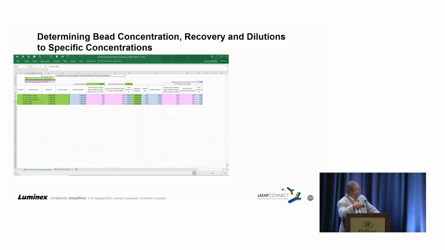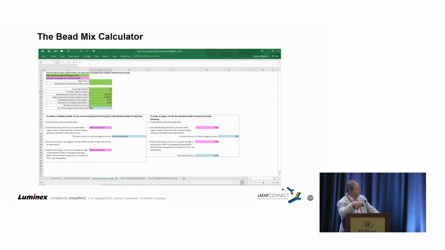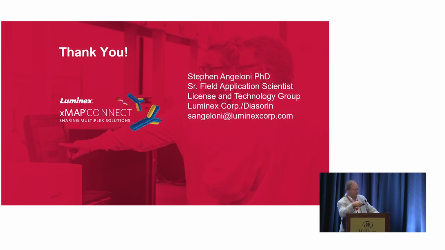and then there's a cell here where you can say, I want to get all my beads to the same concentration, no matter what they are, because once you've got them all to the same concentration, then that makes making the bead mix a lot easier, where you can then use this other bead mix calculator so that no matter what plex you're using, and they're all at the same concentration, and generally we recommend 2,500 beads per ml,